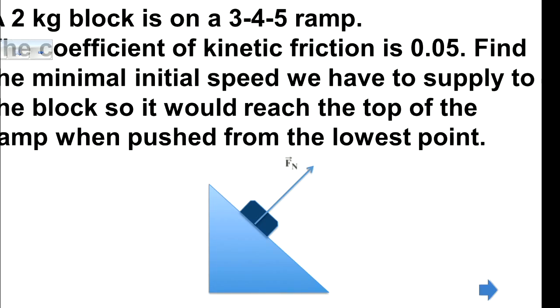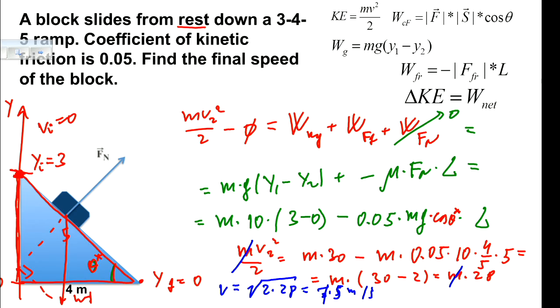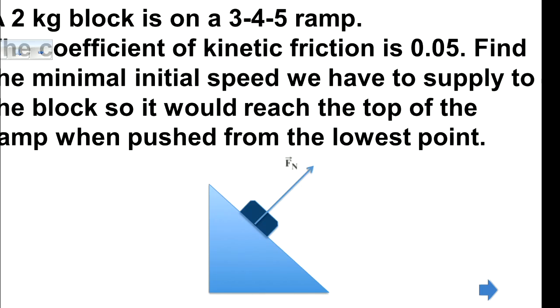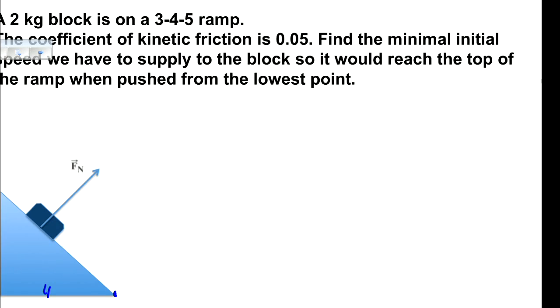I know the hypotenuse was that. Did it say? Okay, so there it was. Yes. And now we use exactly the same ramp. So 4, 3, 5, theta. But now we pushed it like this. That's the initial velocity. So that critical speed we give to it means that it stops at the very top. Not before, not flies away. It stops at the very top of the ramp.